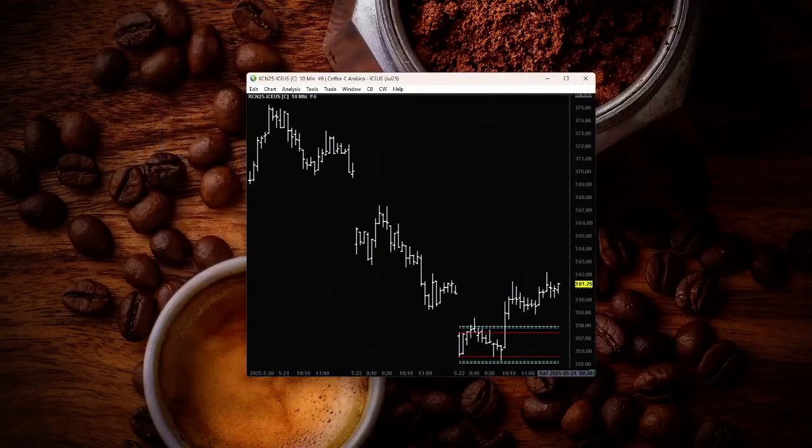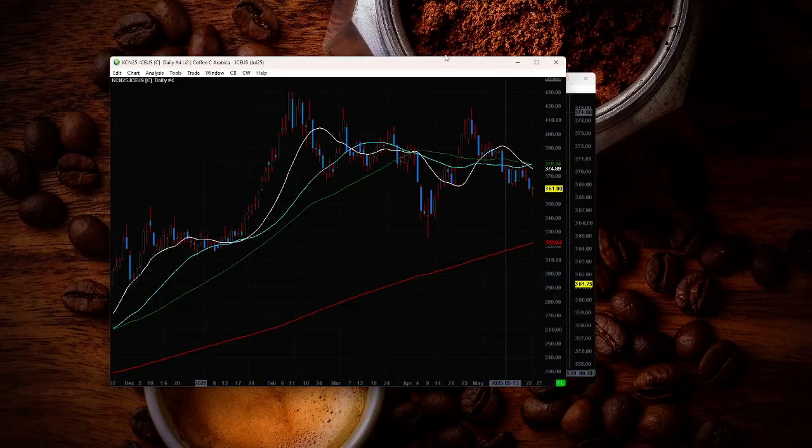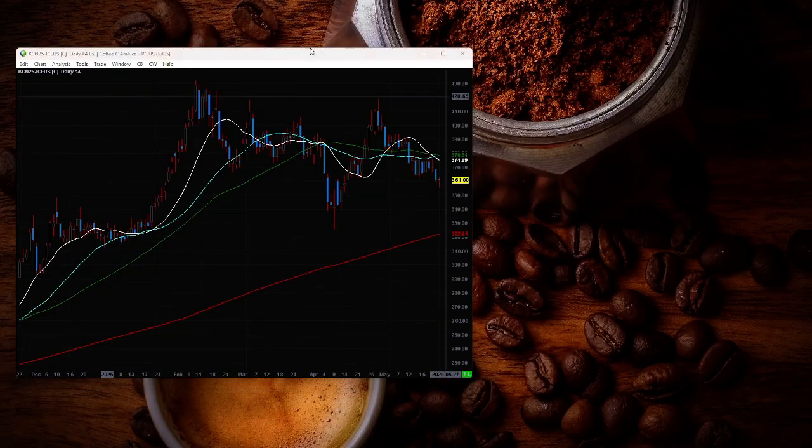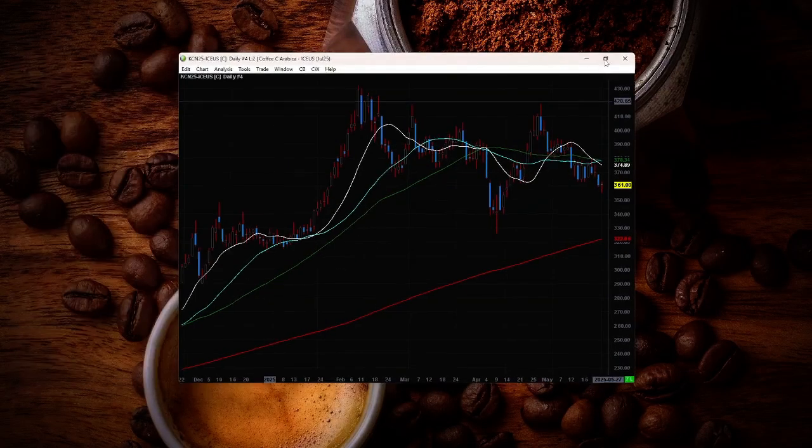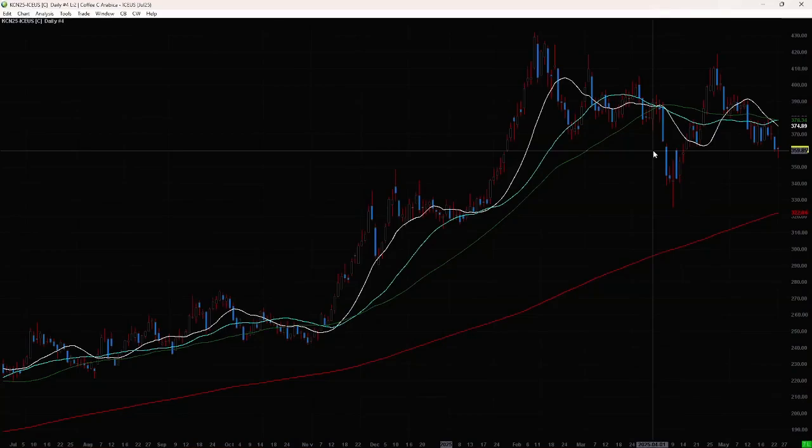The one thing that you need to understand more than anything else, let me get up the daily chart a second because this is quite important, is that coffee is very volatile. It is a very, very volatile commodity. I'm not going to sit here and lie to you and tell you that it's for the faint of heart. It is not. If you catch a nice move, great. If you don't know where you're getting out, if you're wrong, you could get hurt very easily and very quickly. Again, there's a lot of slippage because the liquidity is not there.